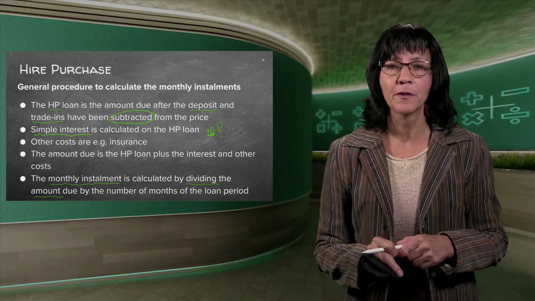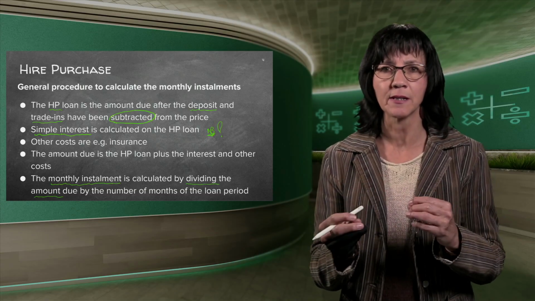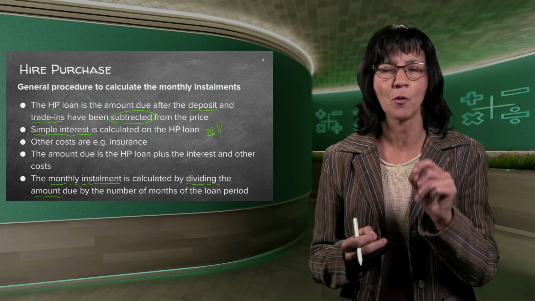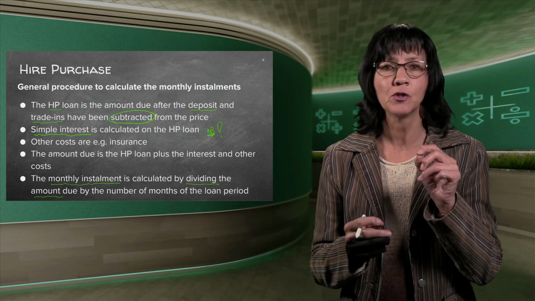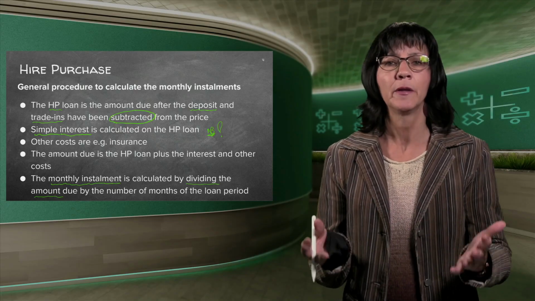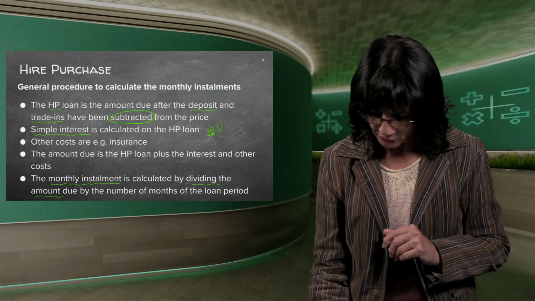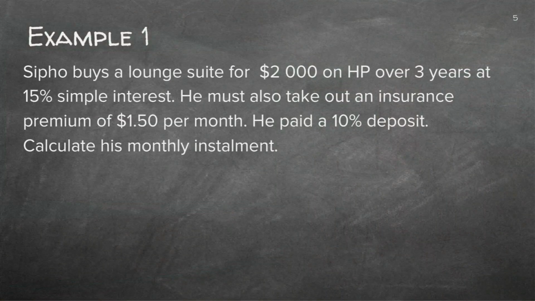And just also something very important, in South Africa we work with commas for rand and cent, or even for decimals. We don't use a point. Lots of other countries, they use a point. So if you see a point somewhere, even in a question or wherever, if you give your answer, you need to put a comma, because in South Africa we just use commas. Good. But best way is to do an example.